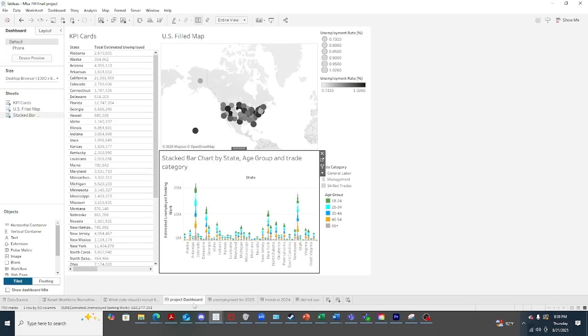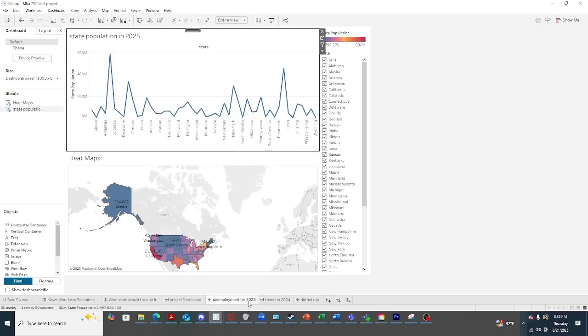Now, if we go into my project dashboard, that's the one I used here, but this is for my overall project within 2025. So most of this is based on 2025. And then I have my unemployment rate for 2025, and this is an overall. We've got right up here our line, and then we've got another heat map, and this one is based upon state. And this is for our population here. So you can do a comparison with your underestimating of seeking unemployment. This will allow you to see, and this was also one that I did a formula for.